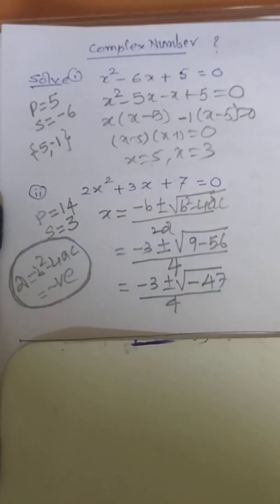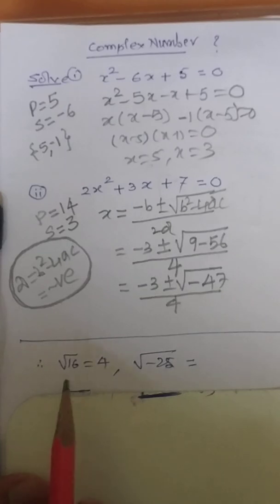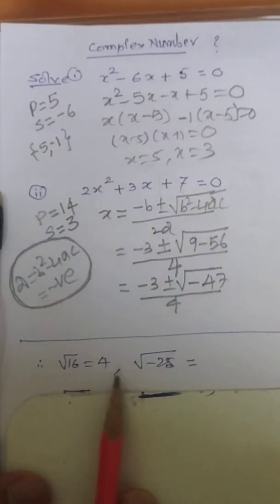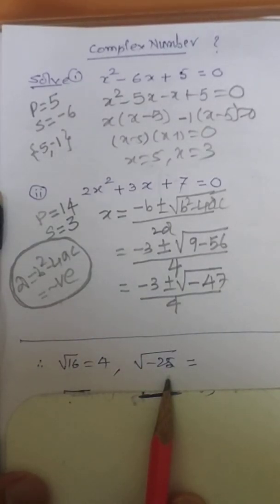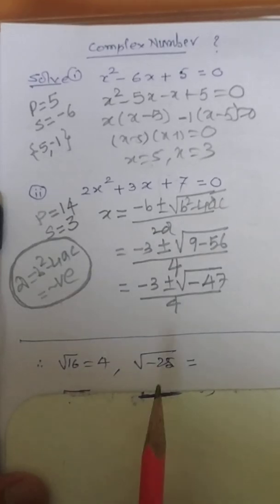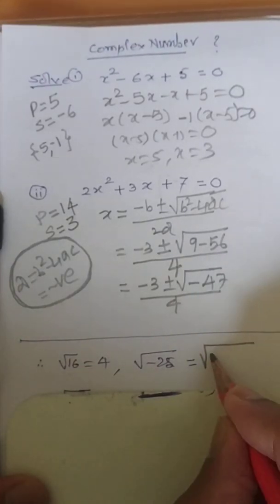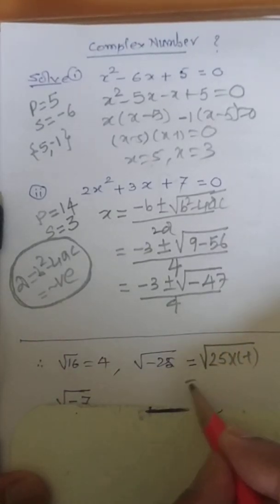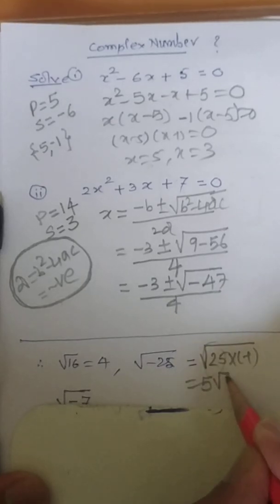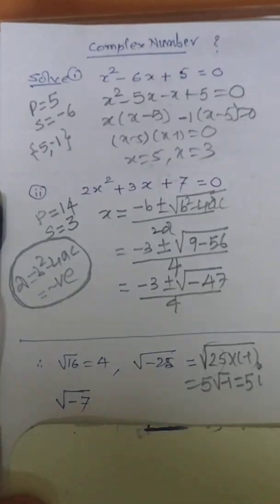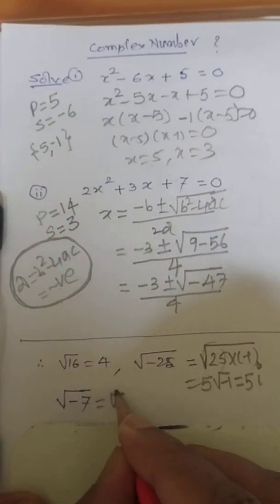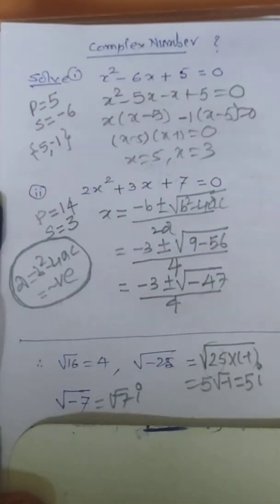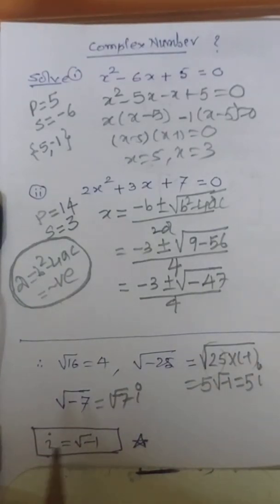The question arises how to answer the question. So let us look at this. Square root of 16 is nothing but 4. Square root of minus 25, what can it be? Look here how to answer. It can be written as 25 into minus 1. So it can be written as square root of 25 is 5 and square root of minus 1. This is a new symbol which I am telling you, it is iota, 5i. Similarly, suppose you want to write this, it will be root 7 and i will be there. So this is a new symbol which you should know. So what is the value of i? i will be equal to square root of minus 1.